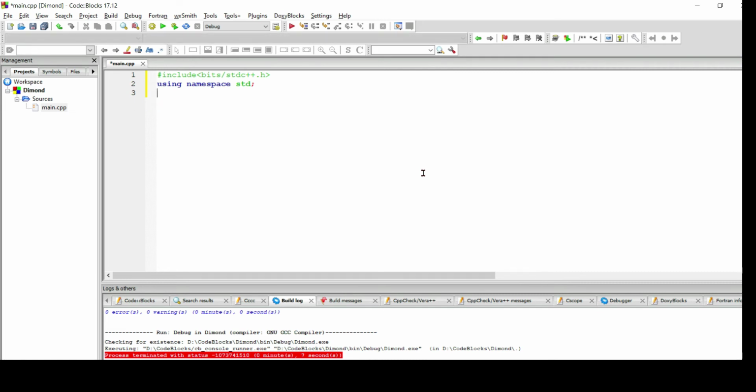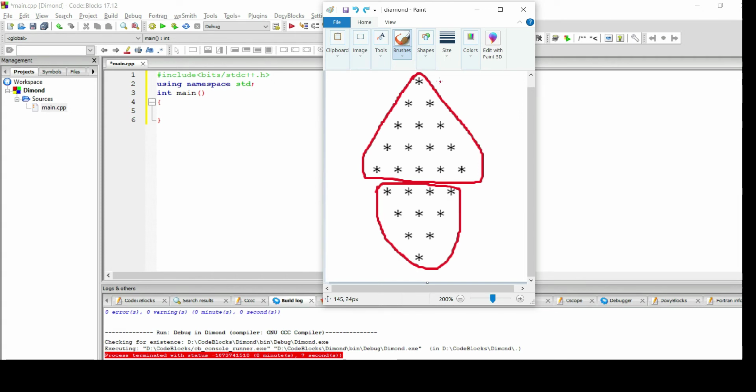First of all, I have to write the main function. As I told, I will write the code for the first phase, that is the upper pyramid, and the second phase will be the lower pyramid, that is inverse pyramid.